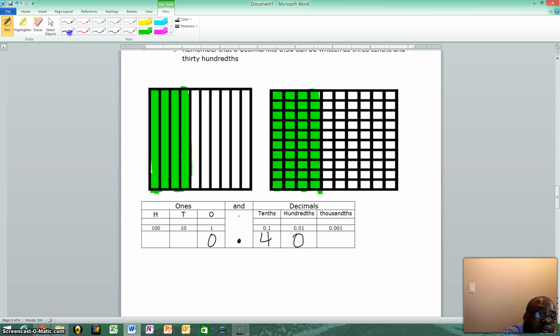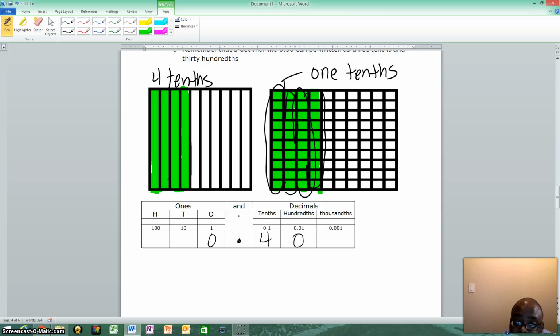And you remember when we were talking about place value, remember that this one little section is 1/10. And so how many tenths do we have? Well, right now, we circle this next one. That's 2. That's 3. We have 4/10,